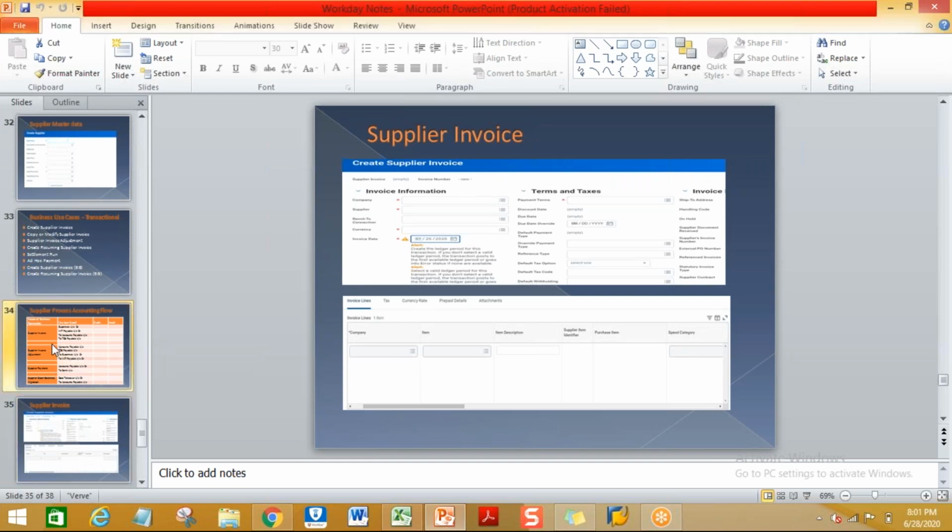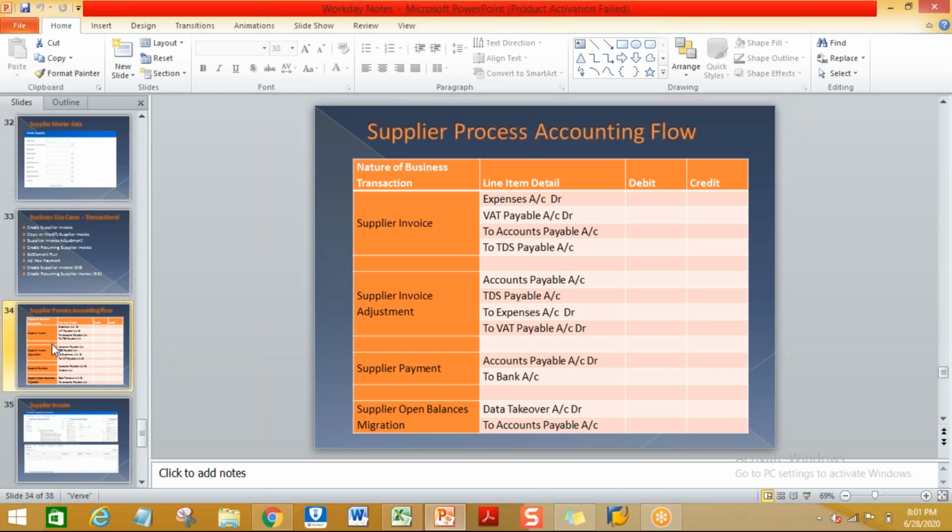Okay, so I have given some of the generic accounting entries that will happen in the supplier process when you are posting the supplier invoice, supplier invoice adjustment or payment. The last one is especially when you are doing project implementations as part of the cutover process, while migrating the balances from your old system to the new Workday system, what accounting entry will come for the accounts payable open invoices.